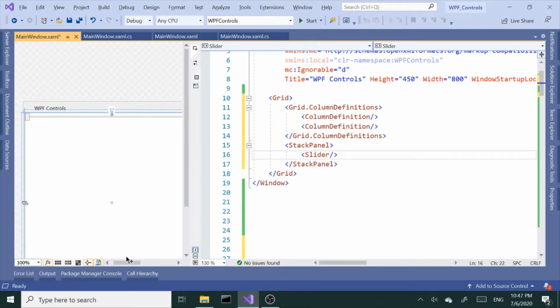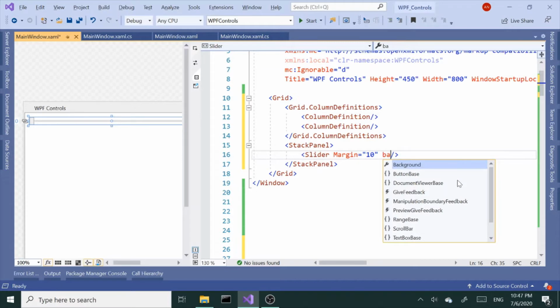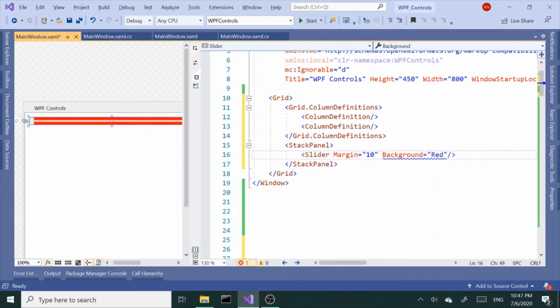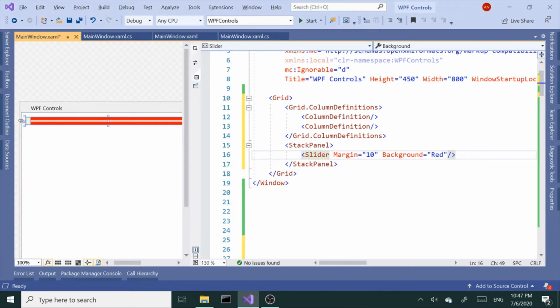It's a little too close to the edges, so I'm going to give it a margin. Let's go with 10 for now. And let's get a background overhead. Okay, so we have our slider right there. All right, next,